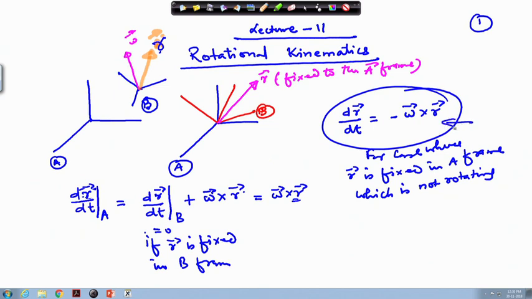This result we will obviously derive, but it is just the opposite of this. Here this frame is fixed, so in the body frame it does not change, so we have set it to 0. While in this case, the quantity on the left hand side is fixed on the A frame. You see the r vector is fixed in the A frame, and therefore this will not change with time in the A frame. So we can set it to 0, and then you can see that dr by dt will be given by minus omega cross r. So this is what we have written. Depending on the situation we can use it.